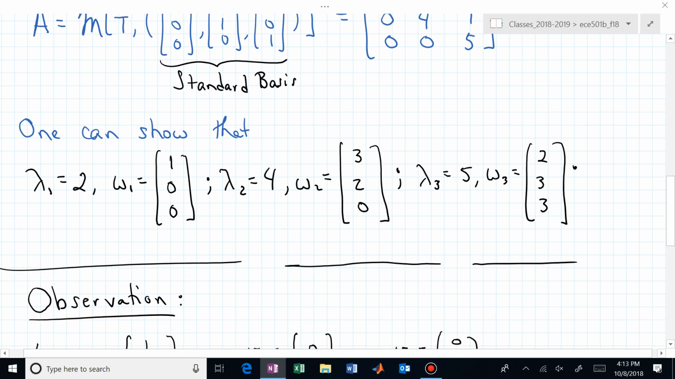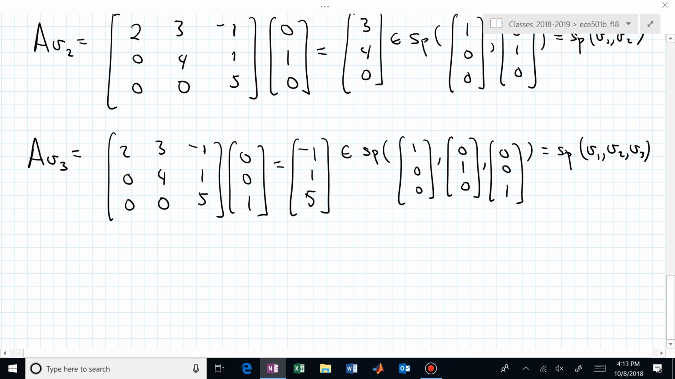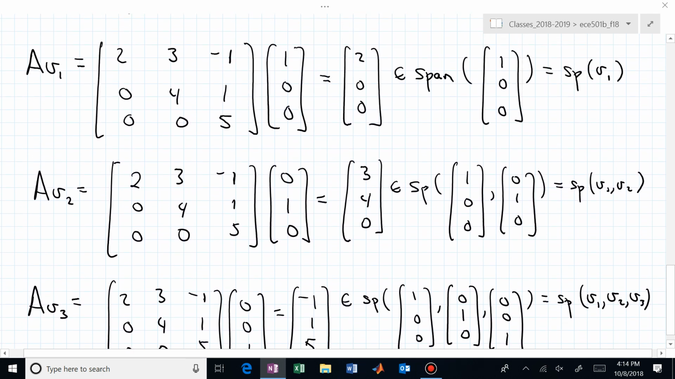So we're not saying that V1, V2, V3, we can pull anything from there, from that span, and claim that that's an eigenvector. We are showing that there is sort of this nesting property of vectors when we have an upper triangular matrix. So the first one,